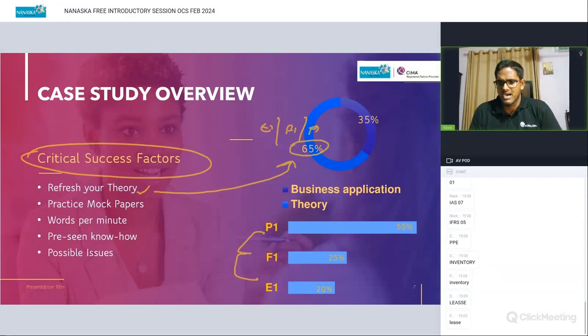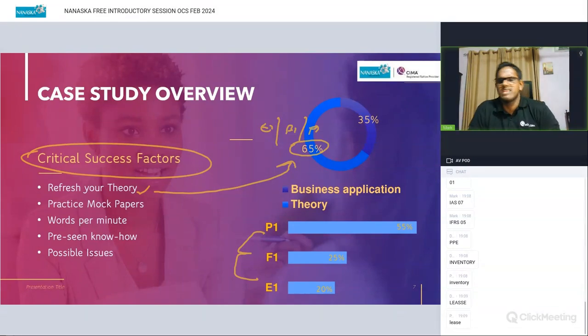Then IFRS 5. What does IFRS 5 talk about? Assets held for sale and discontinued operations. Then IAS 7 is your statement of cash flows. Right, so those are the critical standards that you've got to know. You have to have the knowledge of all these standards. Only these standards, nothing else. These standards take some time. Make sure you are competent. You have the relevant knowledge. You know how it is accounted for, right?